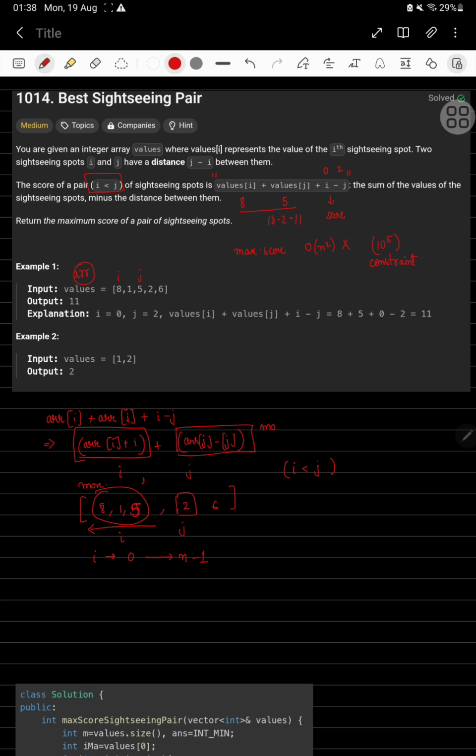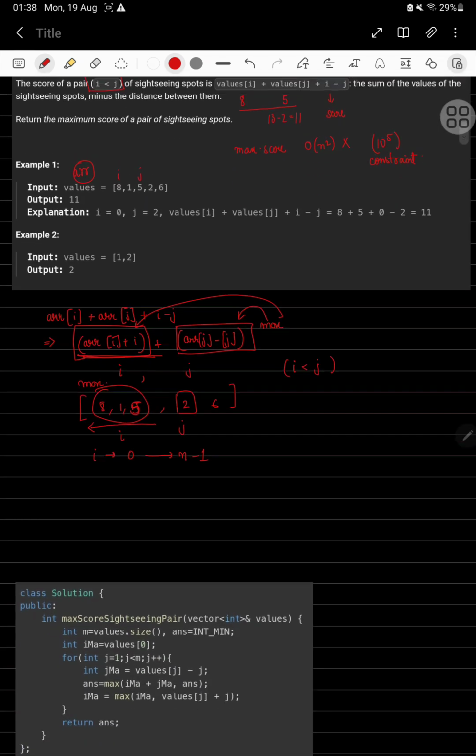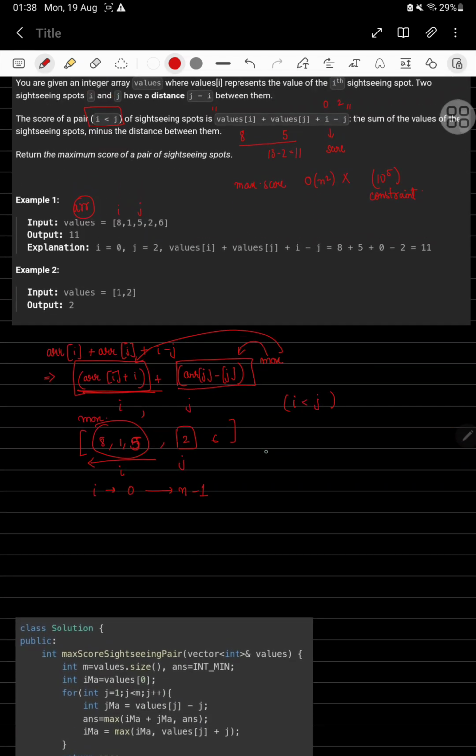Now the maximum value of score depends on the maximum value of this plus the maximum value of this. So this thing we can just pre-compute and keep in one variable. So at any index, say x of 1 to x of k minus 1,